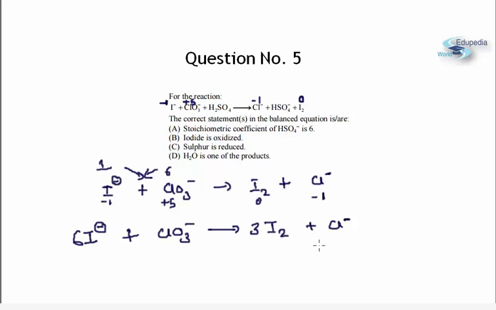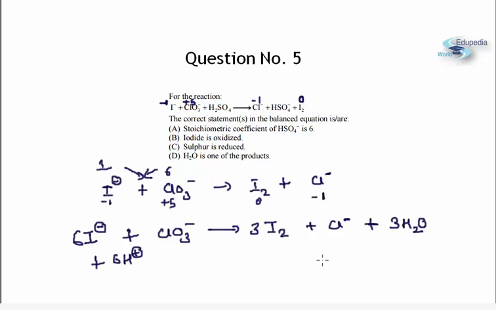Now after this, we balance oxygen atoms. Oxygen is balanced by adding water. So there were 3 oxygen atoms, so I added 3 H2O over here. And since the medium is acidic, the last step would be to balance hydrogen, which is done by adding H plus. So as you can see, 6 hydrogen over here, so I'll add 6 H plus over here. Now this is the balanced redox equation, but this is not exactly in the same form as the above equation.